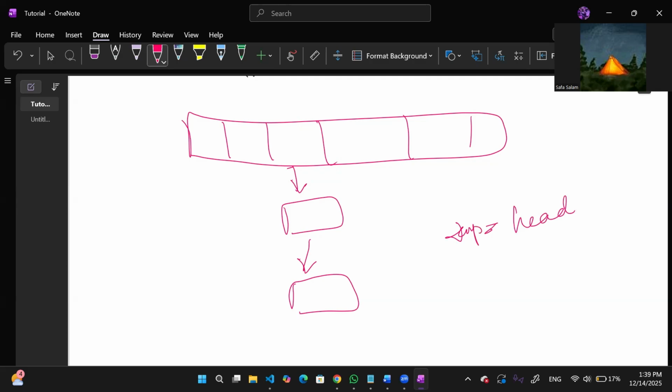Okay, so suppose this is assigned to temp, and then we say head equals head dot next. So this was head originally, and head's next is this. So we assign head here. This is the new head now. This is assigned to temp, and so